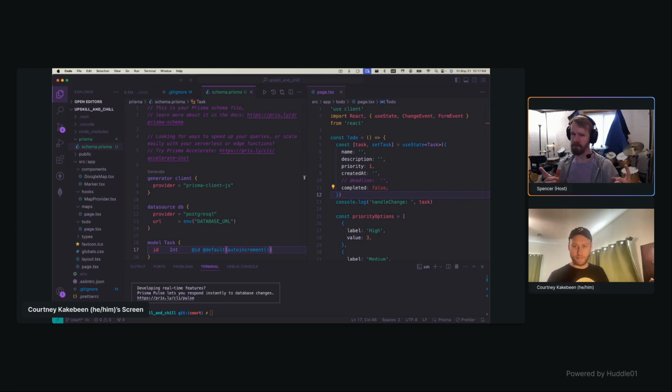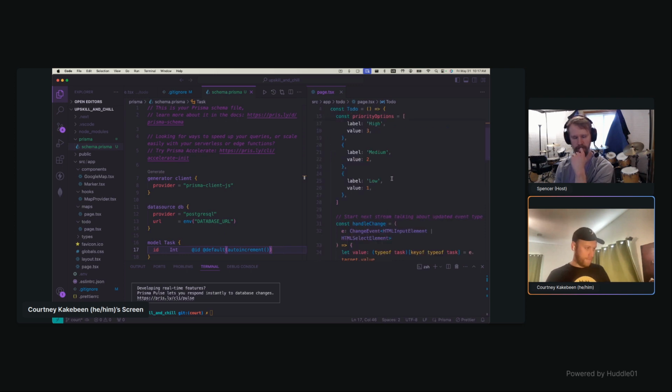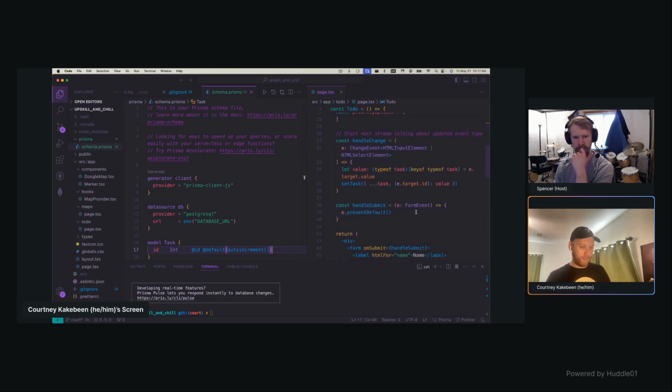Do those have to be two different types? Do we create a union? Well, that's a good question, because at this point it does not exist with an ID. Right. We're going to eventually submit this form, which will send it to the database, which will then generate